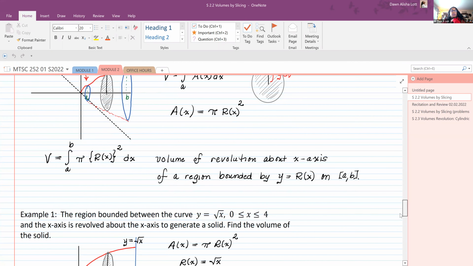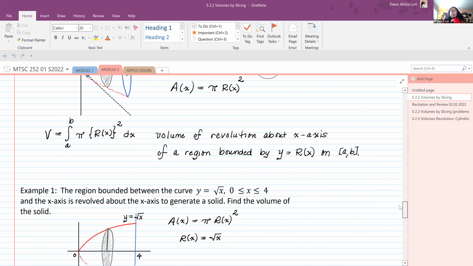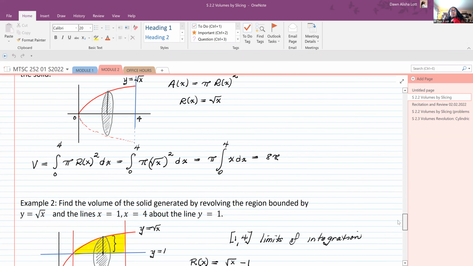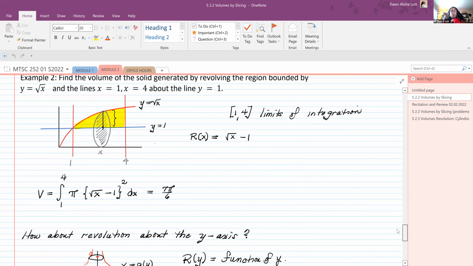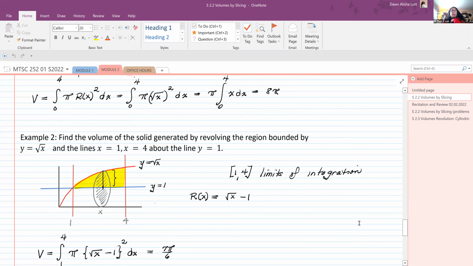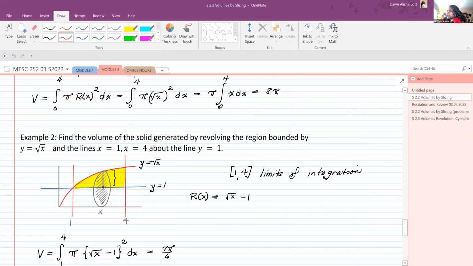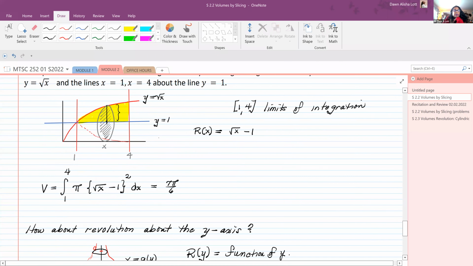Okay, so the last thing we had, so everything we had done thus far was rotating about the x-axis, or here we rotated about the line y equals 1. So when we rotated this thing about the line y equals 1, it ended up with something that looked like this. Actually, that shouldn't have gone down that far, but we ended up with something that looked like that, and that we were able to find the volume of that